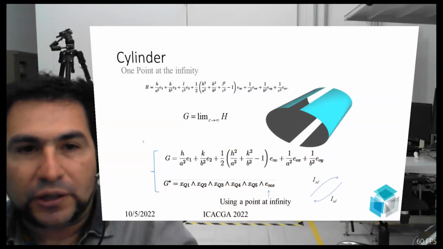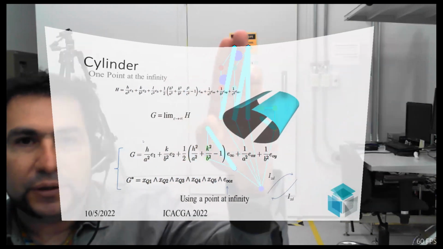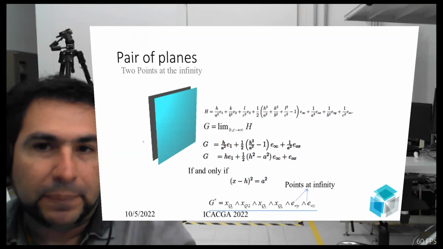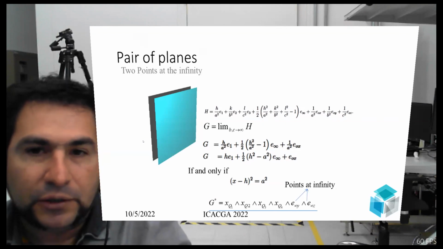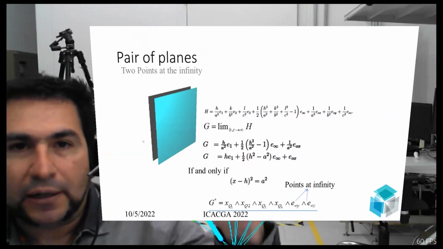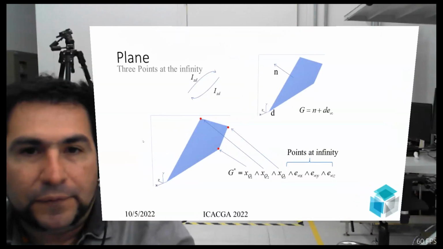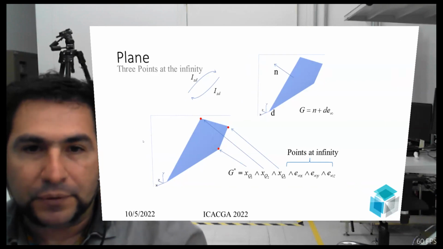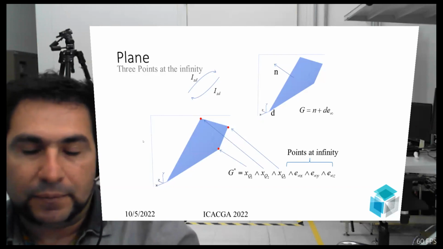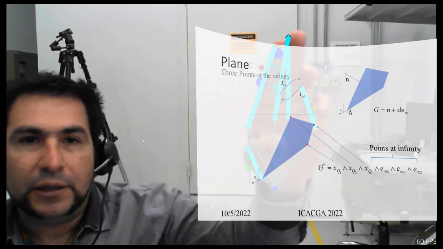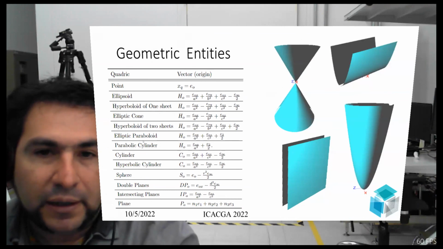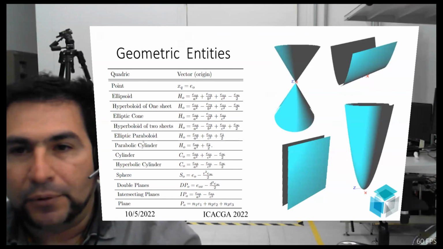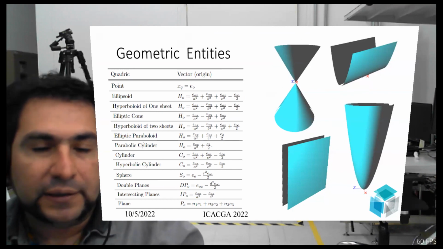So this is when you change one of the points and you send it to infinity. When you take 2 points to infinity, you generate a pair of planes, which is traditionally used in linear algebra too. And if you take 3 points, you generate a plane. So then you have this plane because you have 3 points at infinity and 3 points in general position in a 3-dimensional space. In summary, we can have all of them, like an elliptic paraboloid, hyperboloids, conics, and all